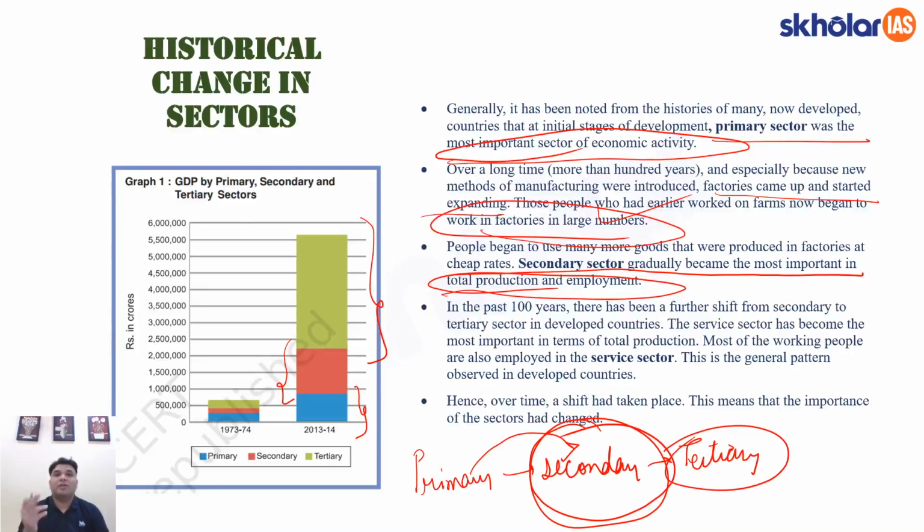If they will consume more, then the supply has to be also made more. For that, the manufacturing sector has to expand for the second time. The first time the manufacturing sector expanded was when the needs of the primary sector had expanded. The second time the manufacturing sector expands is when the needs of the people also expand, right? Also, in the last 100 years, there has been a further shift from secondary sector to tertiary sector, especially in